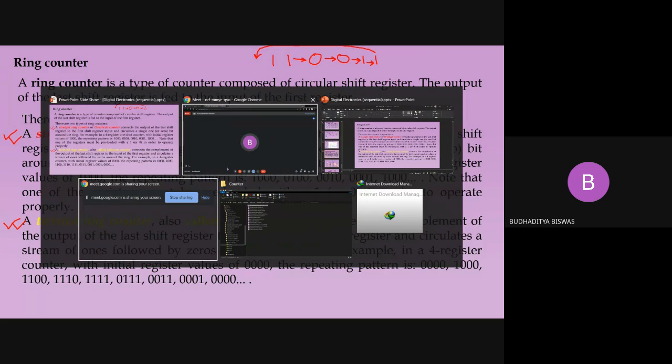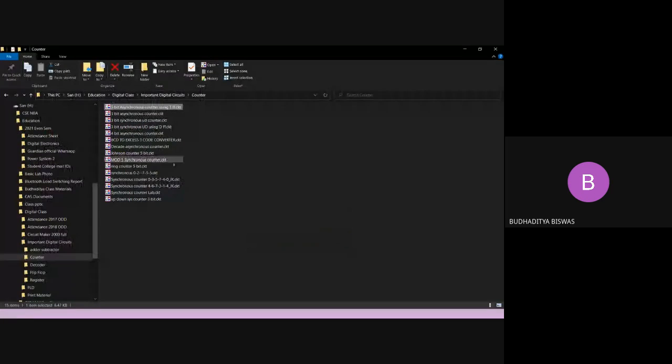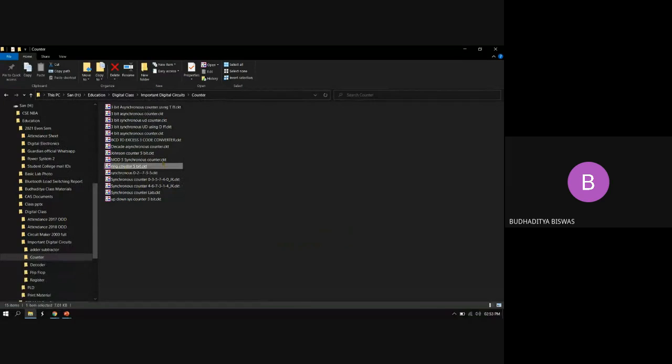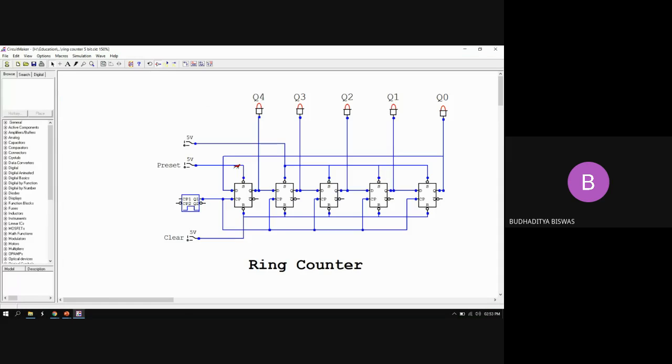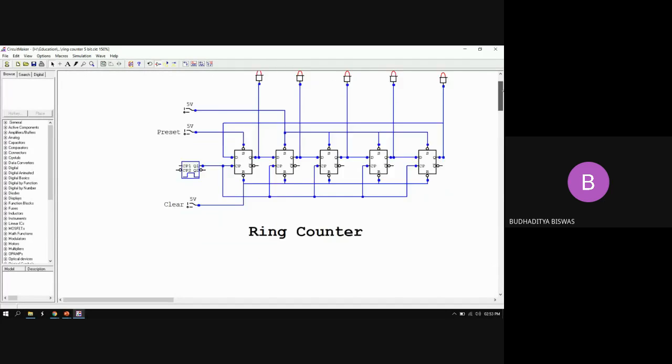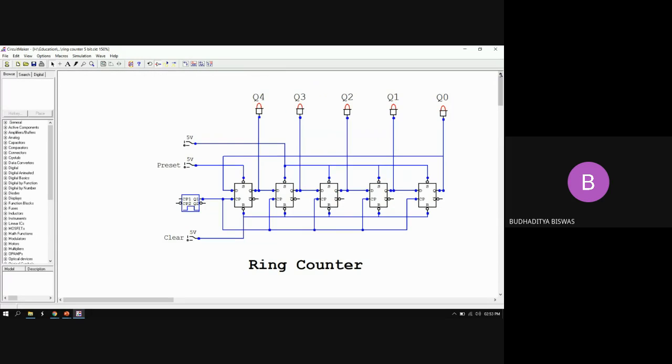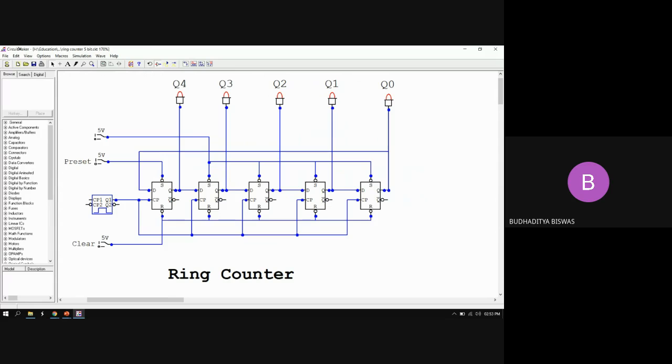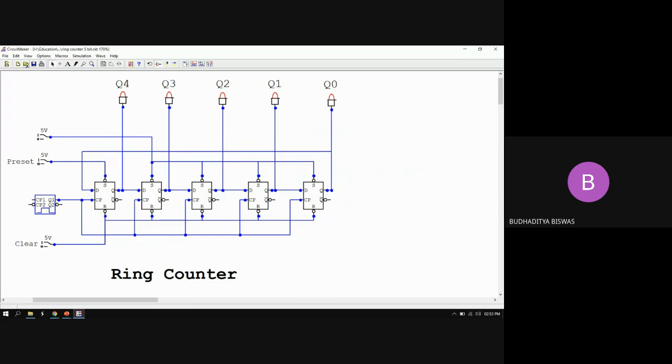Everything is written there. I will just show you the example here, a 5-bit ring counter, and let me show you the operation of that ring counter. Here I take 5 D flip-flops.